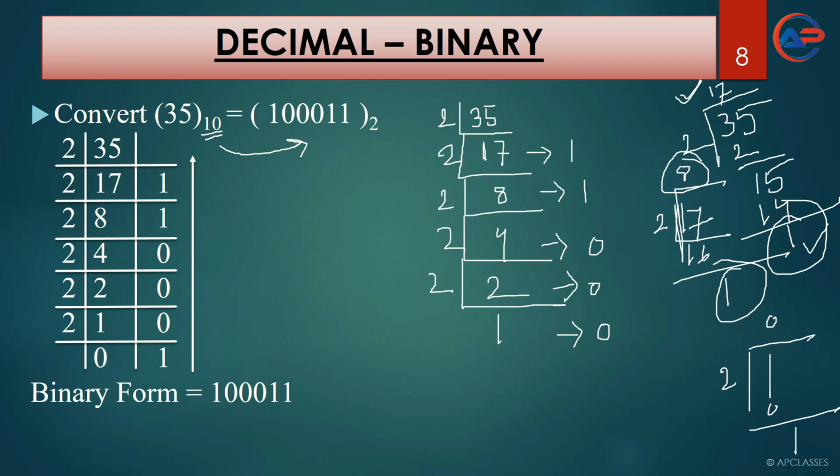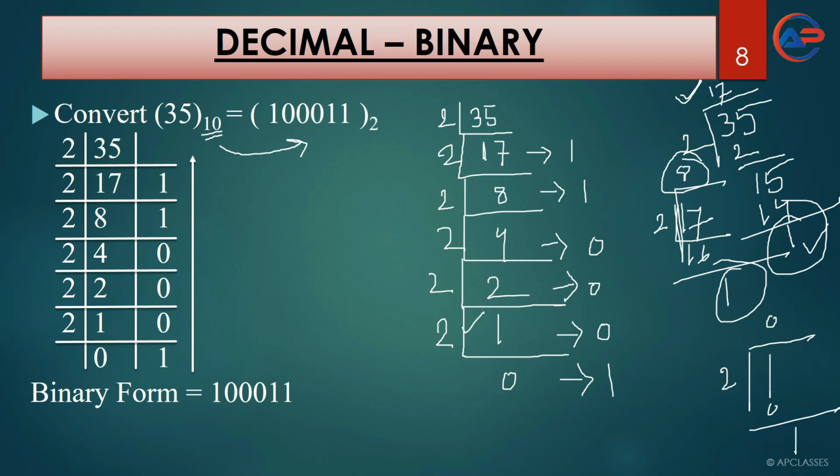In many books you will find that they stop dividing when they get 1 or 0 at this place. If they get 1, they will stop dividing. If they get 0, they will stop dividing. So if you want, you can stop here. You will get the exact answer from this. Now if you want to divide it till 0, then divide again: 2 zeros are 0, the remainder is 1. So this is the final answer here.